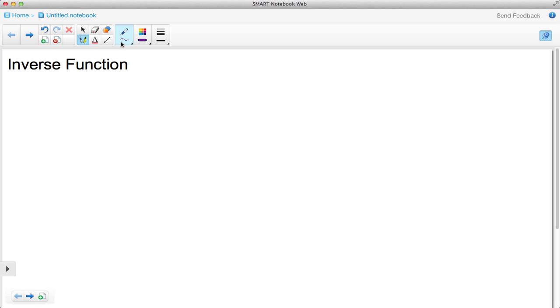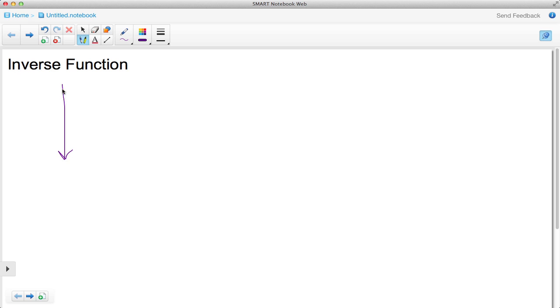Welcome back to STS. In today's tutorial, we're going to work with inverse functions. The only way we can have an inverse function is if the original function is one-to-one. And what that means is for the life of the function, you must have unique y values. And that's seen a couple of ways. One way is by doing what's known as the horizontal line test. So let's take a look at a couple of examples.